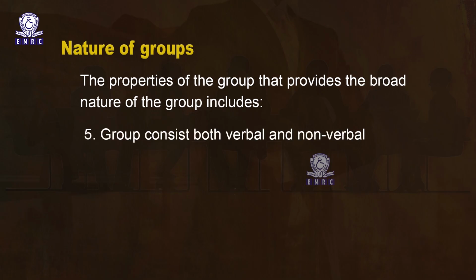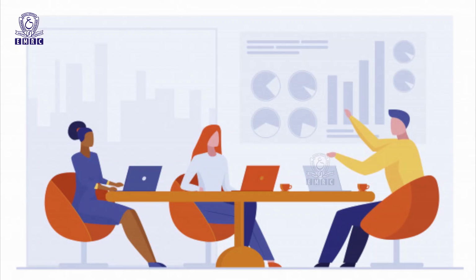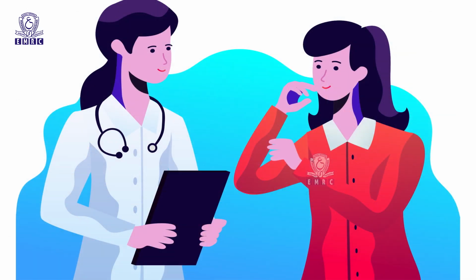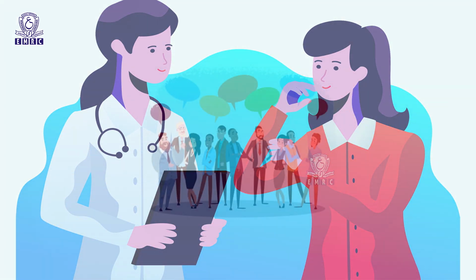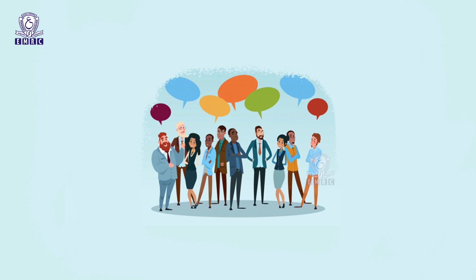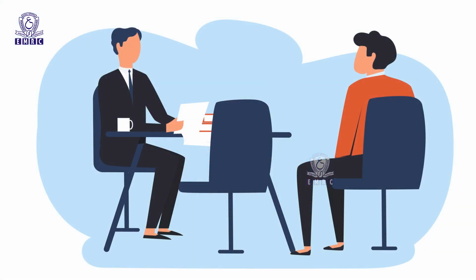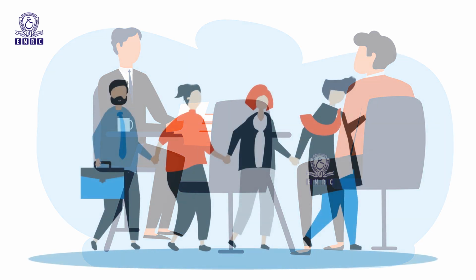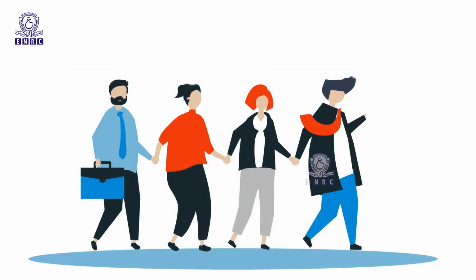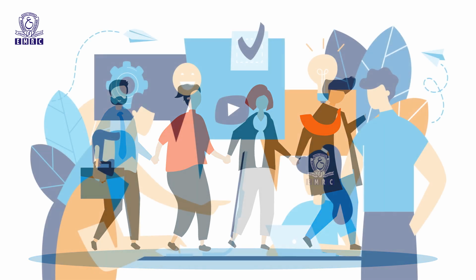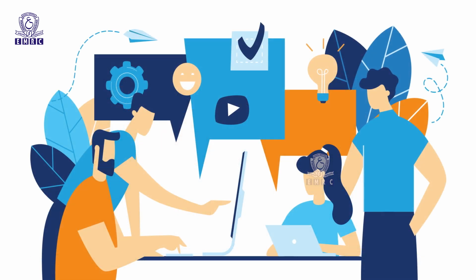Group communication consists of both verbal and non-verbal communication. As you can see, verbal communication is about articulating and communicating directly, whereas non-verbal communication is all about eye contact, body posture, proximity (proximity means the nearness they maintain), and even touch. All these things are included in group communication.